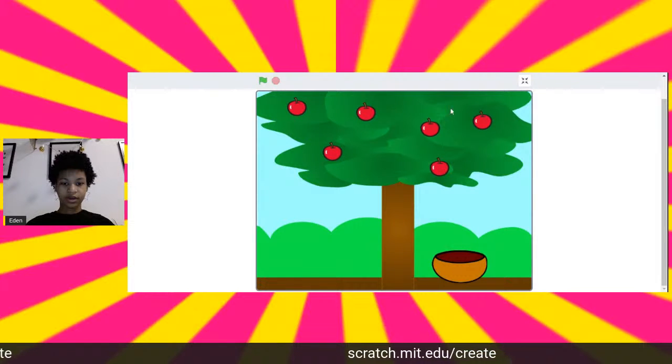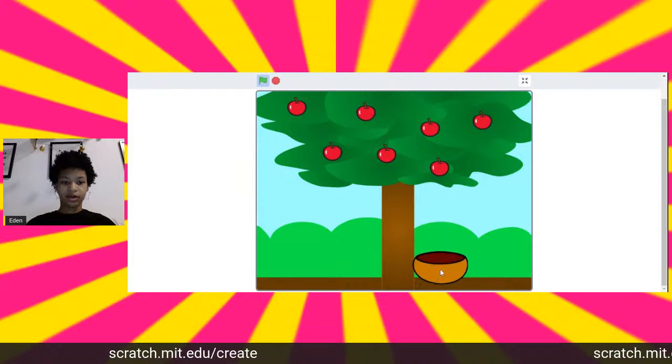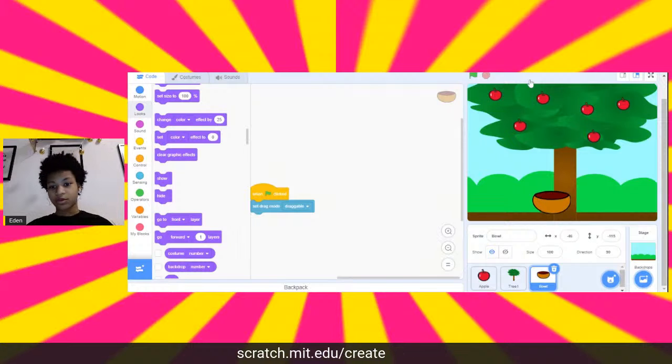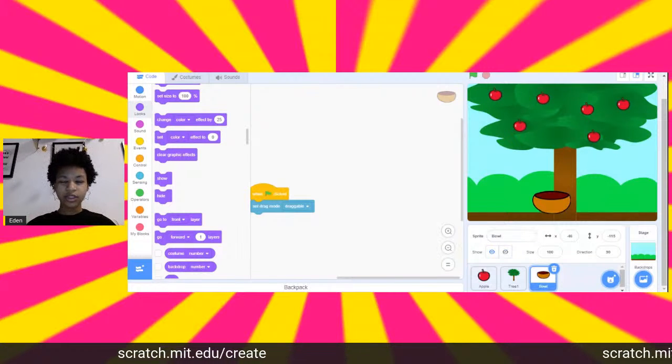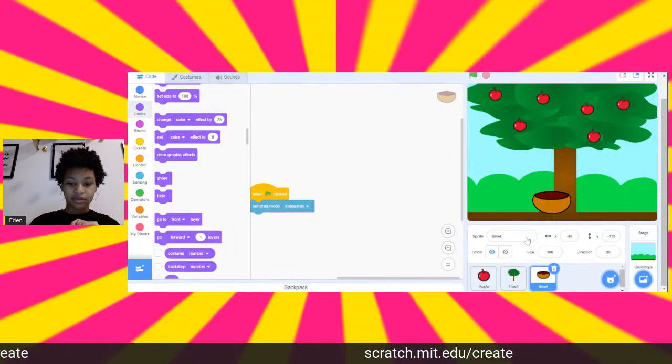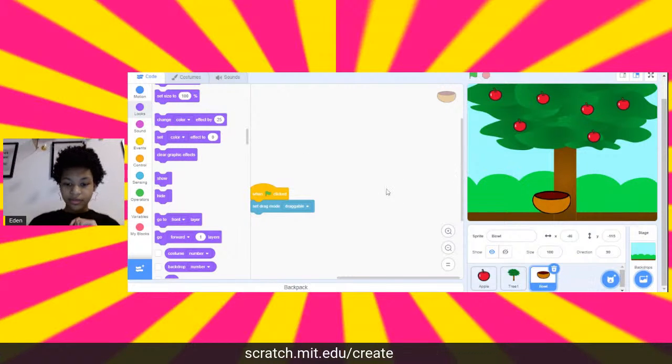There we go. So the apple fell, it went to a random point, it fell, and then I can move the basket, and then once it touches it, it goes away. So now we have a working catch game. But do we really want this basket to be empty when the apple is caught? So let's go to the bowl